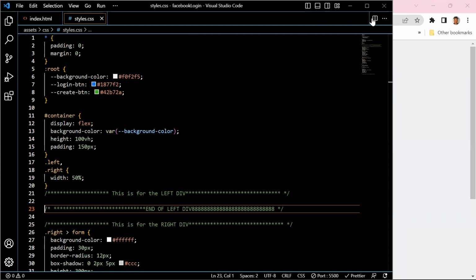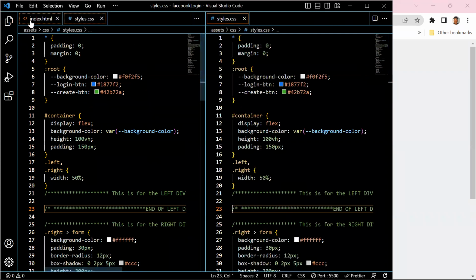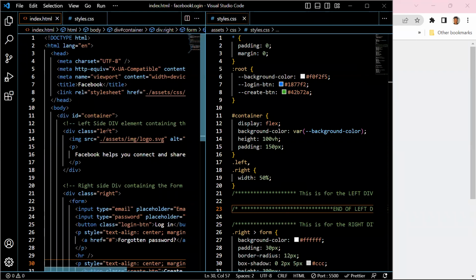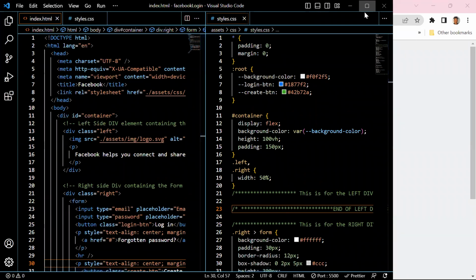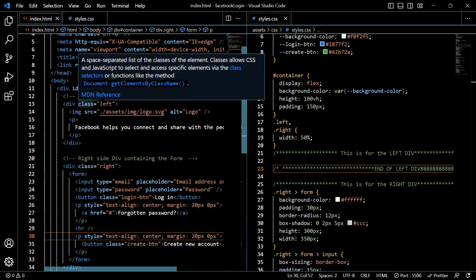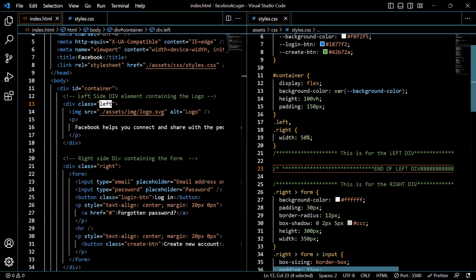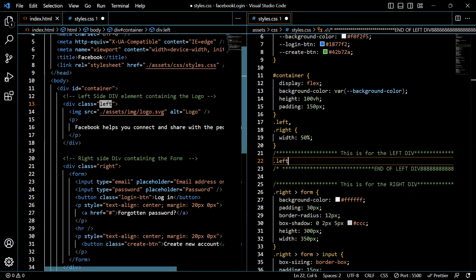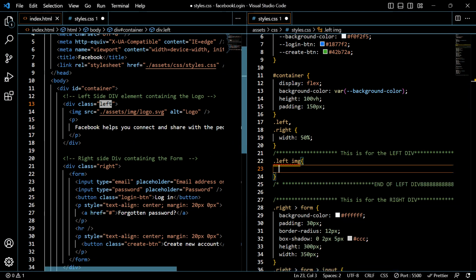You can easily split your screen and open this up. So there's a left div here. I can come here, dot left. Inside left, now let's use descendant. For descendant, you don't have to put the greater than sign, right? So you can easily see inside left, there's an image, an IMG. This is an element selector now. So what I want you to do is,